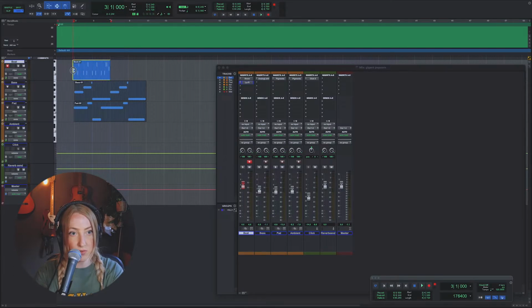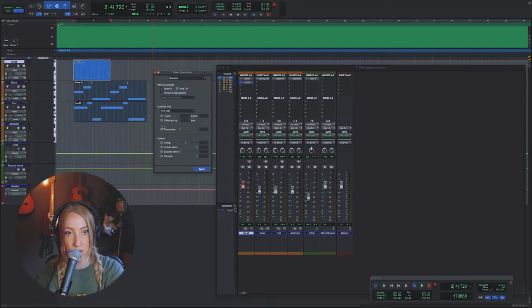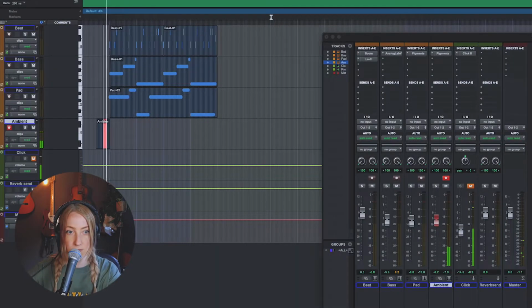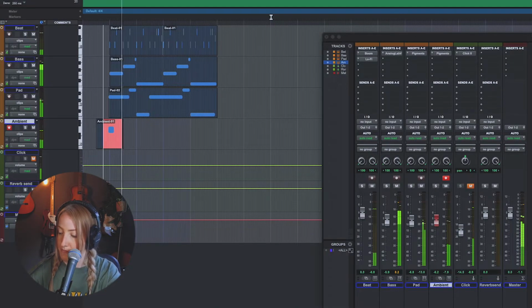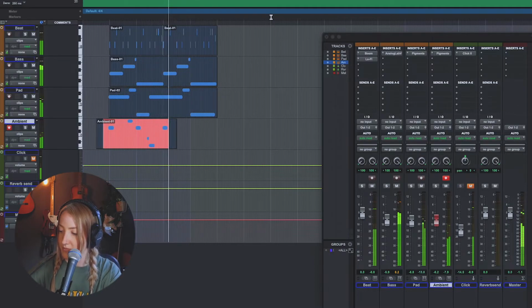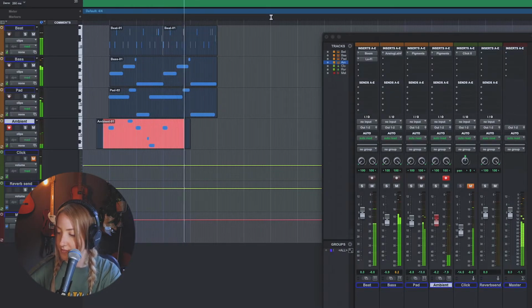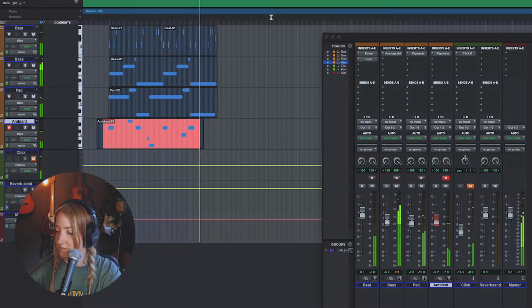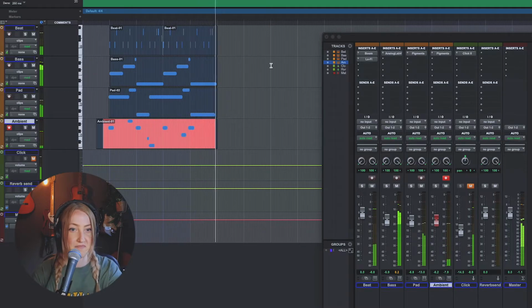Remember what we did when recording MIDI: Option 0, apply. Then we will copy this and create another right here. Yeah, I don't know if this sounds like a giant popcorn or not, but